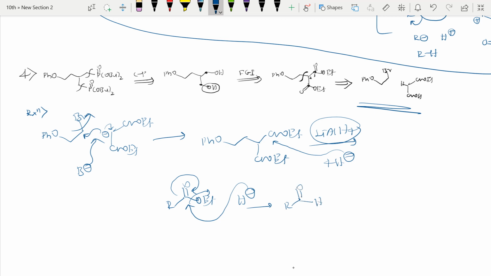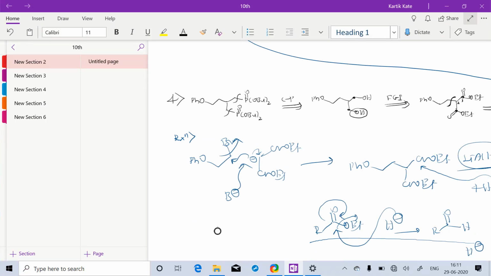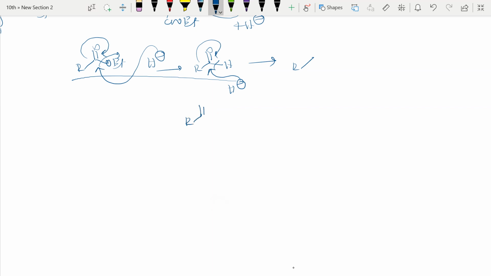So there is excess of hydride ions, right? So what happened? This hydride again reacted and came back, and this hydrogen won't leave because it is a bad leaving group. So it won't come. See here, simply let me write here RCHO and this hydride. So this hydride will attack here. So this electron density moves. So I will get RO minus with these two hydrogens. You may ask why this negative charge didn't come back, because here there is no good leaving group. Both are hydrogen. Hydrogens are bad leaving groups, right? So water will be there.